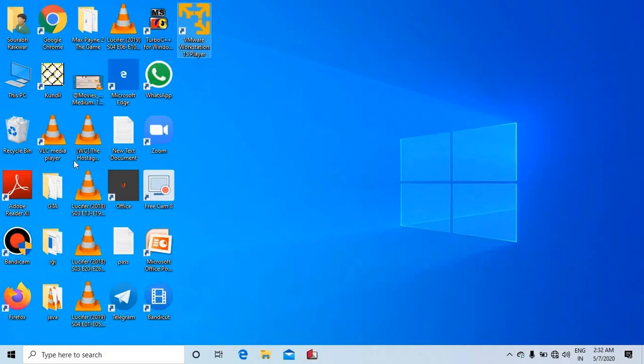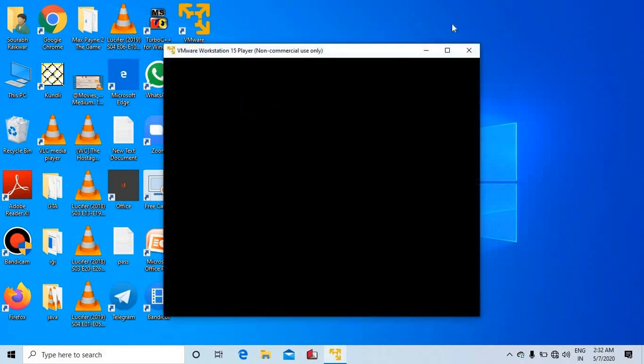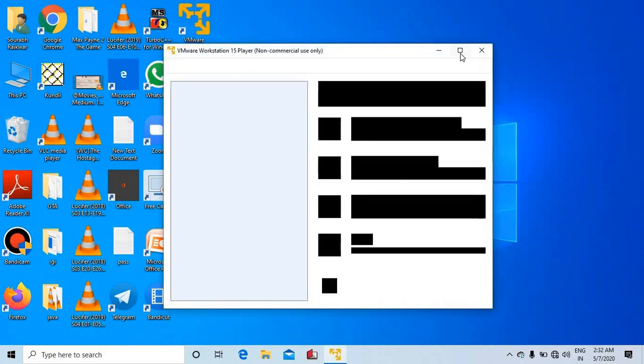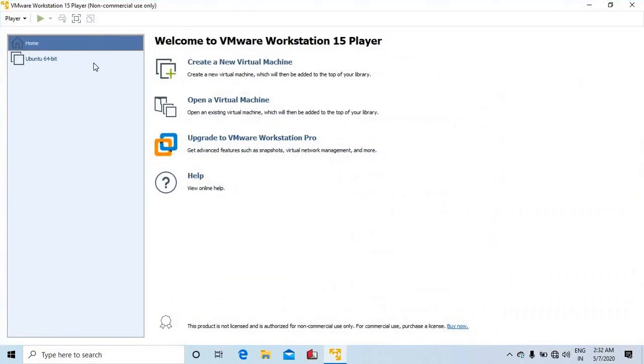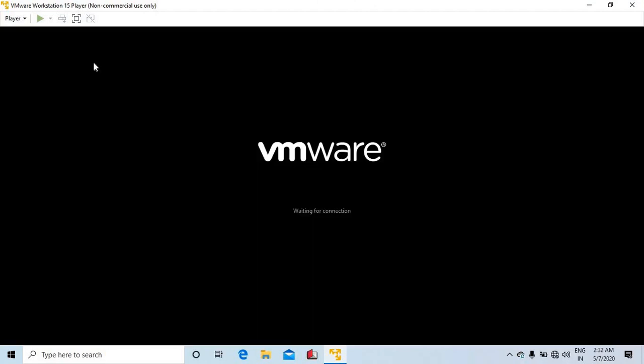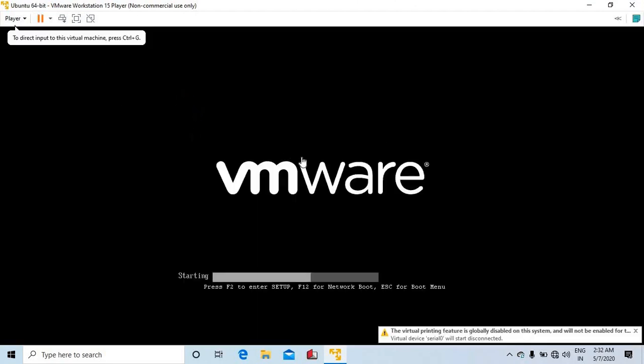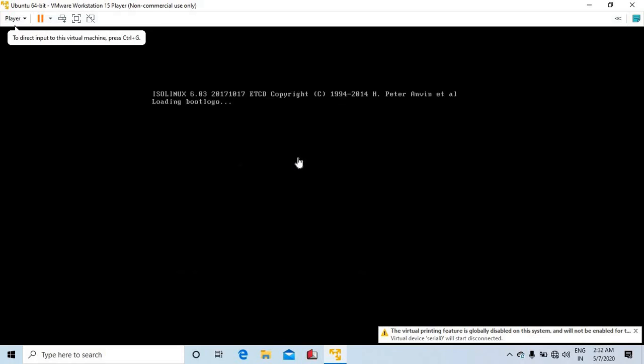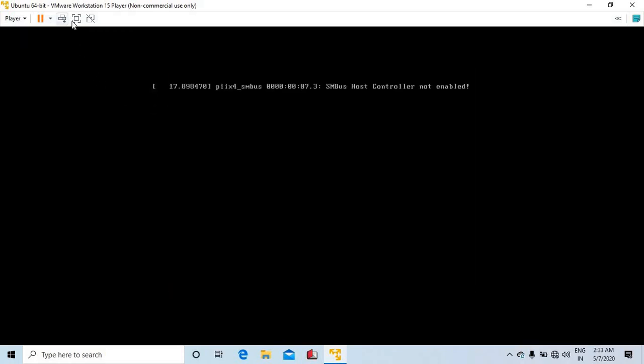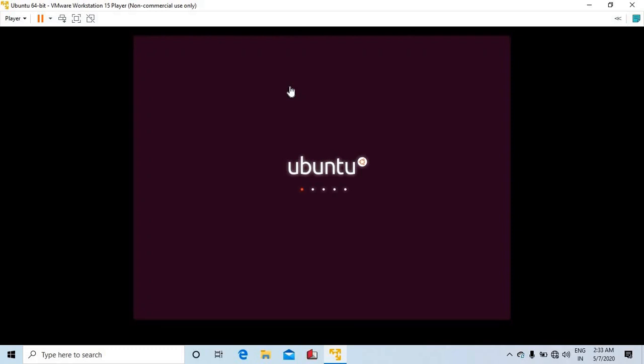And now we are ready to start our virtual machine installation. So click on this button, that is Ubuntu 64-bit, open it. Our operating system will start.